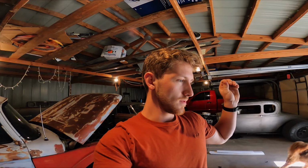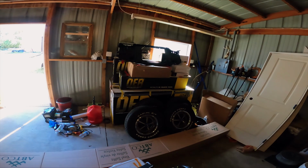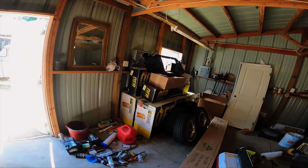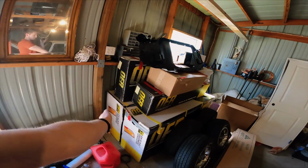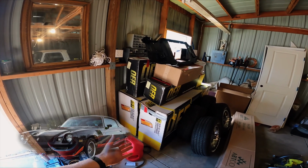So if you haven't watched the other video, this Camaro is going to be transformed into a 70 to 73 split bumper RS. The Camaro's shell and frame are all the same throughout those years, so you can basically just slap the front end together. The fenders, radiator support, just everything that is in these boxes, you can make my 79 Camaro look like a